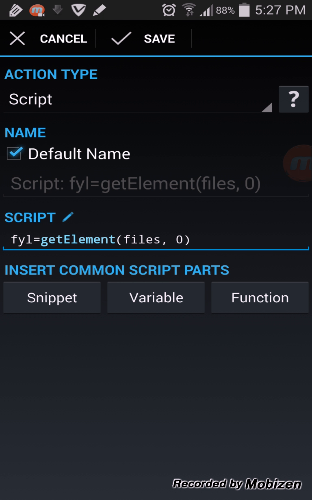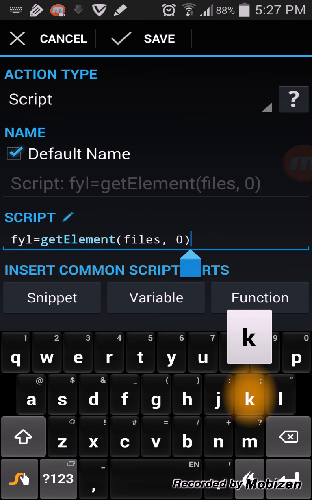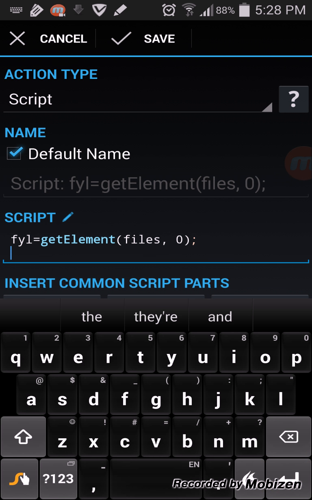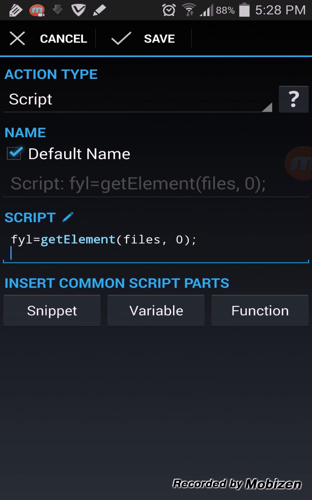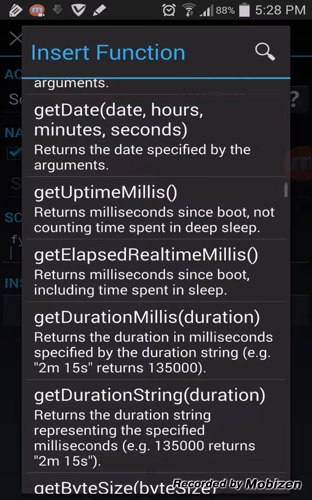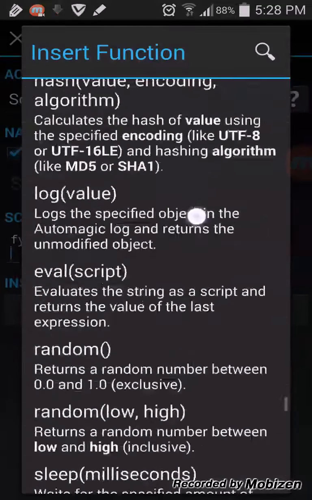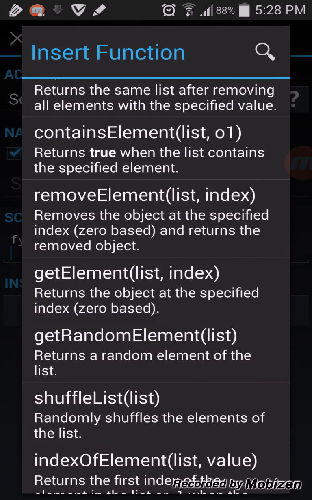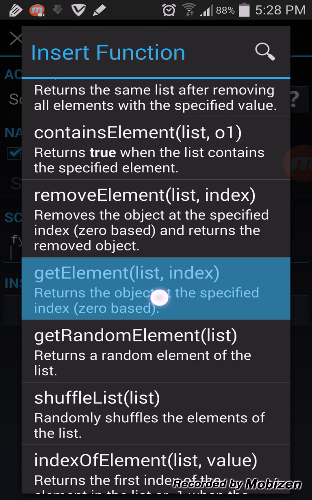Now, I don't know how to write these things myself. I know lots of people do. Let's suppose I wanted to have another function on here. Okay, so we'll add another line there. Like I said, I don't know very much of anything about Java, but that's where this comes in handy. Function. This has all of the different kinds of functions you could possibly want and tells what they do. In fact, I just happened to stop on the one I was using. This one